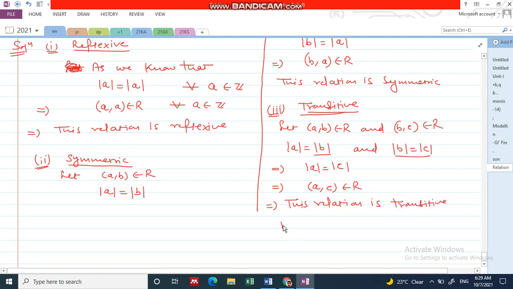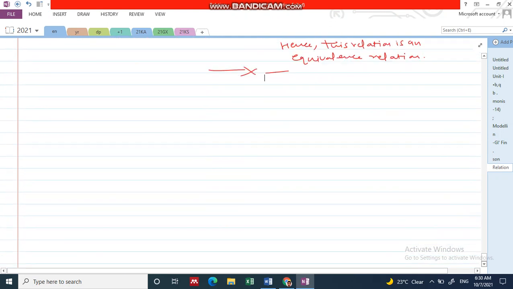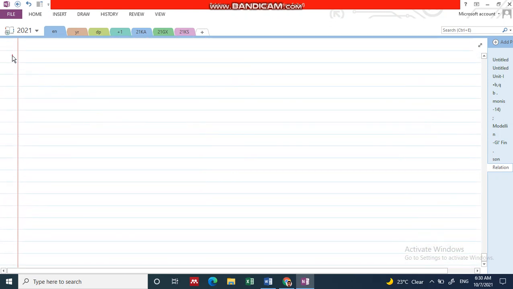Hence this relation is an equivalence relation. Okay. So this relation is an equivalence relation. Now we solve the next example of equivalence relation. This is a very important question. The question is this: define a relation R on Z by